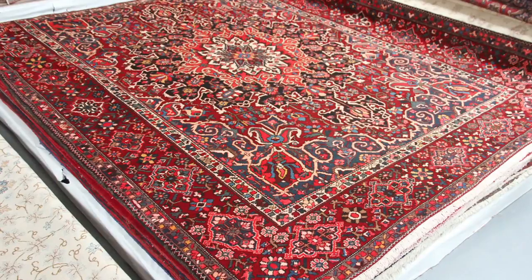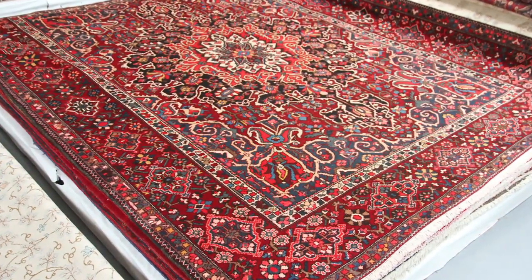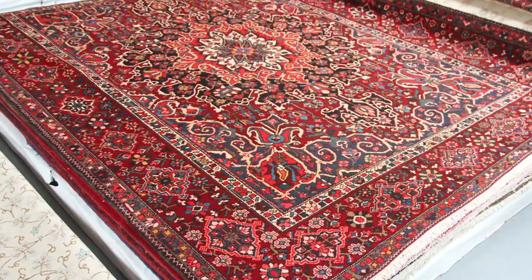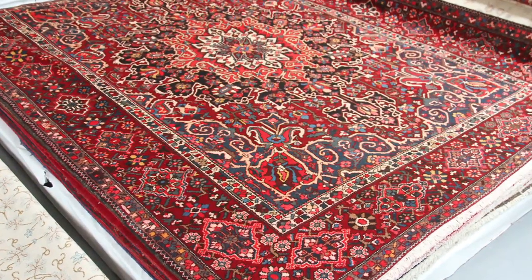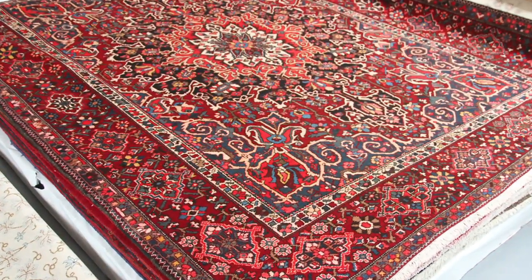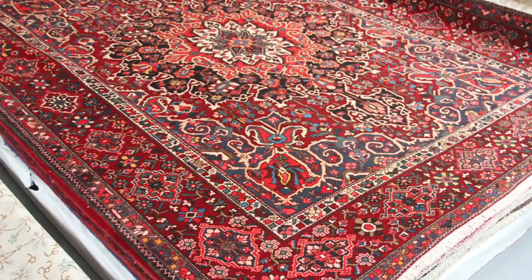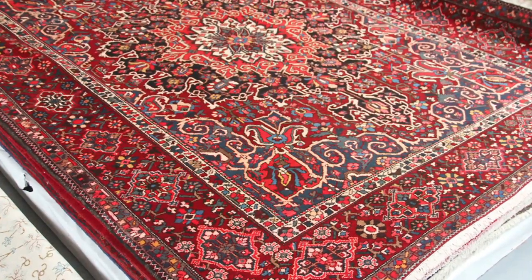This is a very beautiful example of the Bakhtiar rug, woven by nomads in the mountain regions of Iran, as their sheep and goats look for grass. The colors are due to dyes which are derived from the soil and from vegetation. The price of a 3x2 meter rug of this type would be anything from